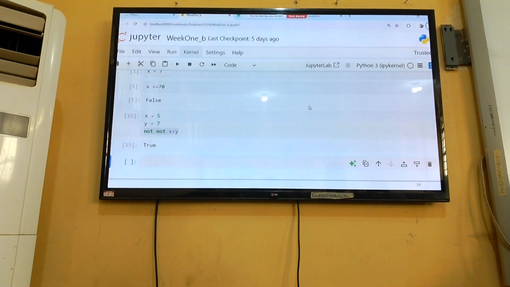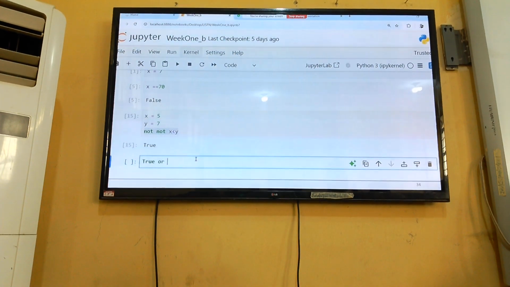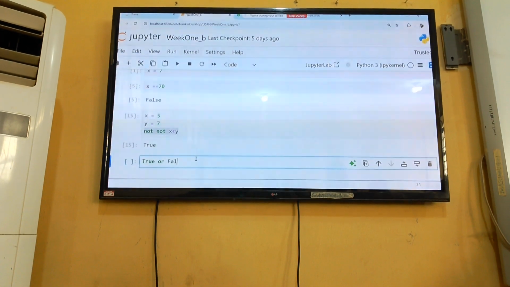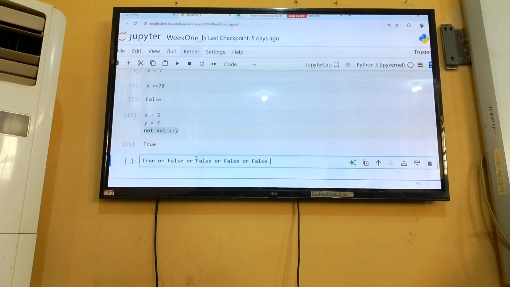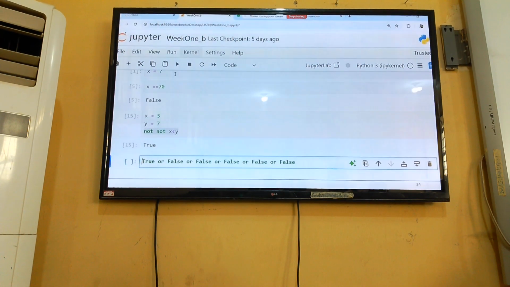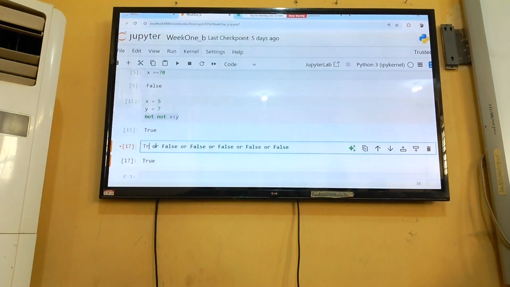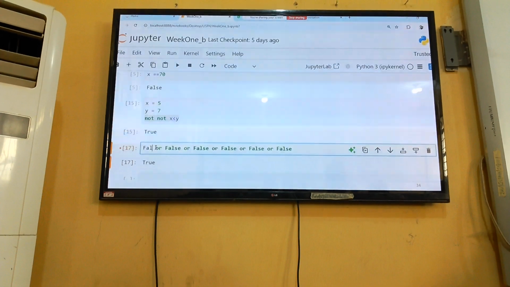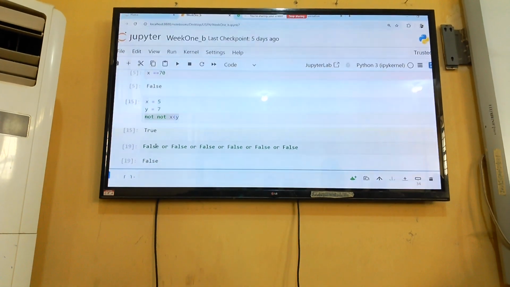For example, let's say true or, okay, let me say or false. Okay. As much as one of them is true, the result is what? Is true, isn't it? It's only false when everything is what? Exactly. But if one of them is true, even if there are a million,